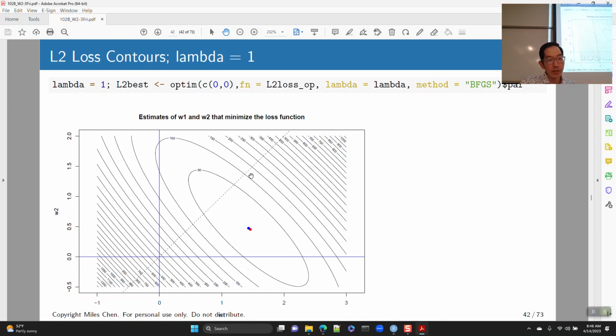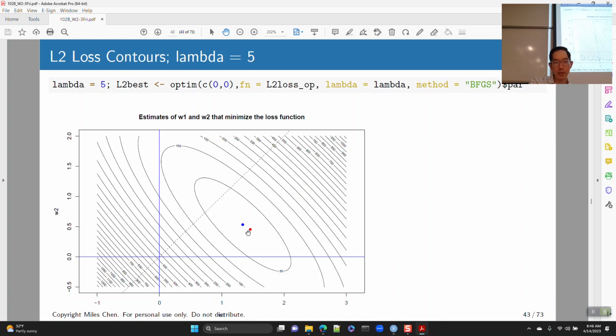I have this diagonal line at W1 equals W2. What that indicates is where the coefficients W1 and W2 are equal to each other, because that's where you get the circle. And what we see is that, because we're squaring the coefficient, the larger coefficient gets penalized heavier, the smaller coefficient gets penalized less. And so as I increase my lambda, it says, you know what, we're going to get improvement by shrinking